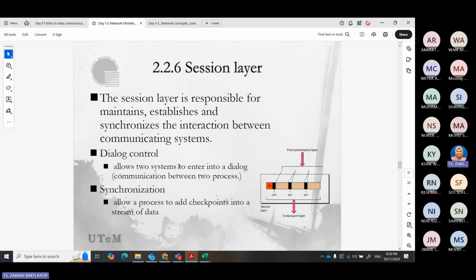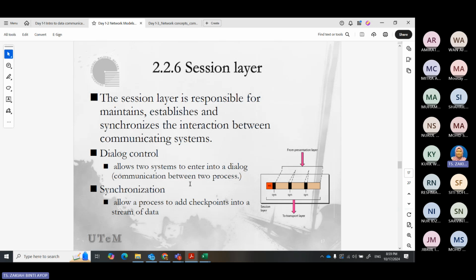So usually the session needs to do some confirmation. You log in, and when you confirm this is the right user, then we can transfer the file.